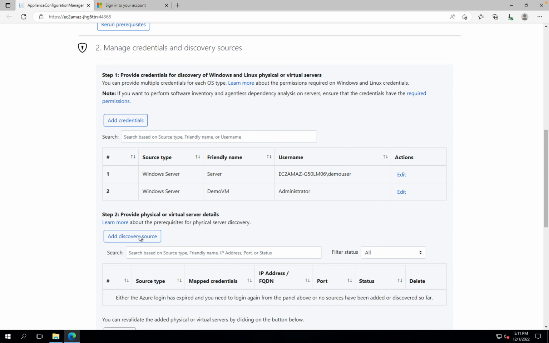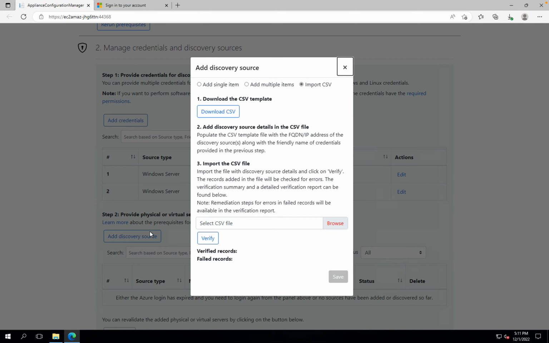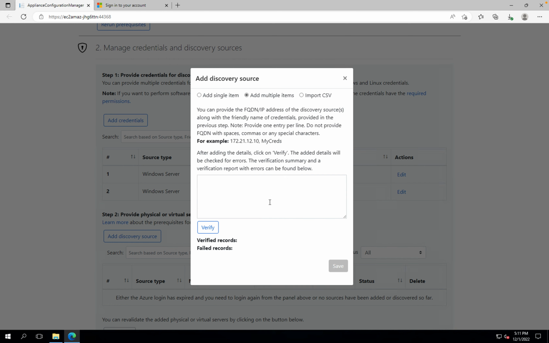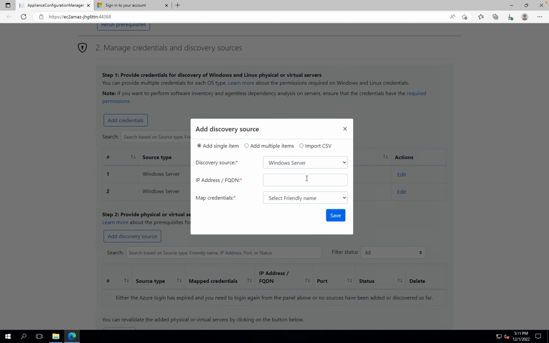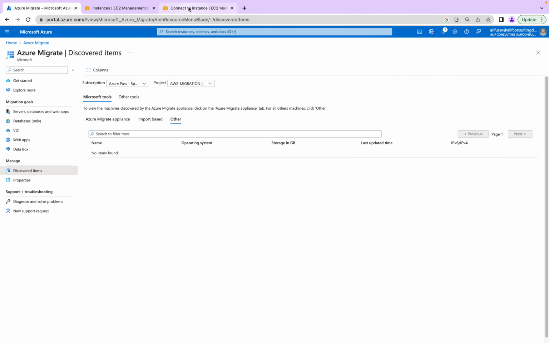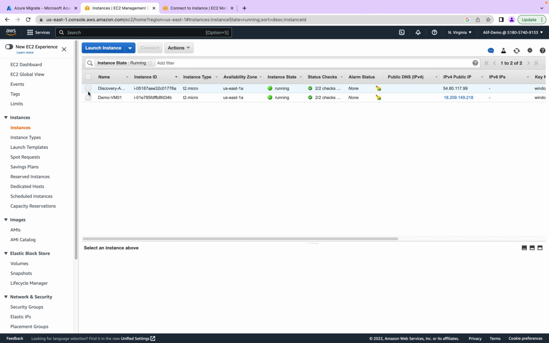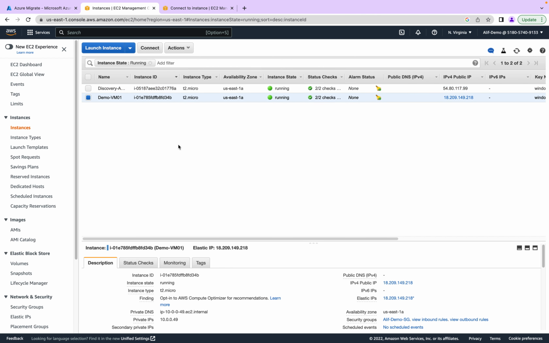So once you have added your credentials, you need to add the discovery source, right? Either you can import the CSV file to do the discovery, or you can add multiple line items here, or you can add a single source also, right? In my case, I'm going to add a single source since I only have one VM which I want to discover, right? So let me go back to the browser, go back to the demo VM which I want to discover